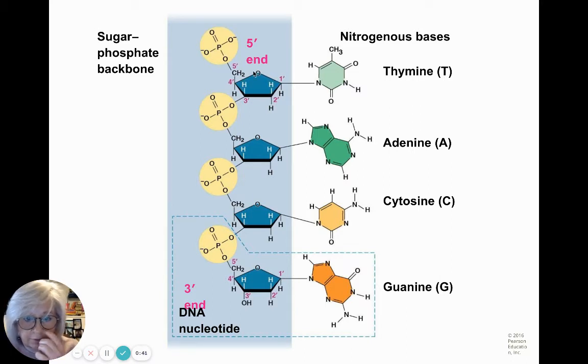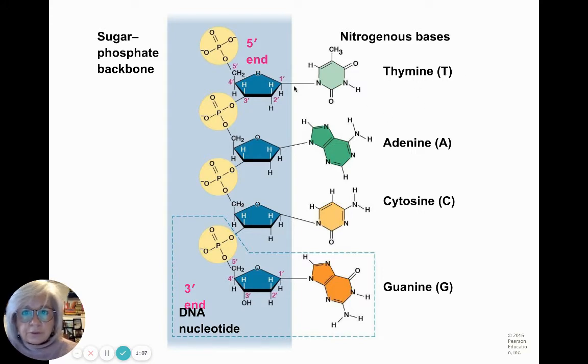It's deoxyribose if we're talking about DNA, and the deoxy, or the missing oxygen, is right here. If it's ribose, it has an OH in both places. If it's a deoxyribose, there's no oxygen there, it just has a hydrogen. Very few differences between DNA and RNA. That's the one. Also, if you're talking about RNA, the thymine is a uracil, but let's focus on DNA for